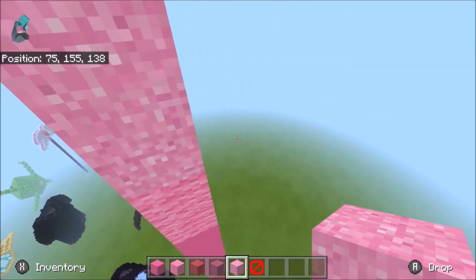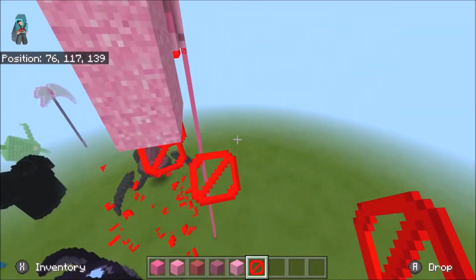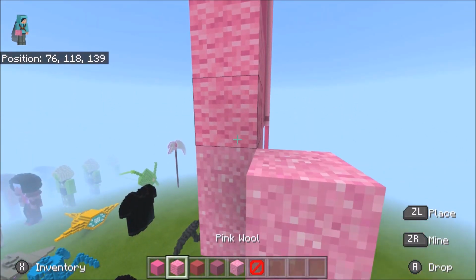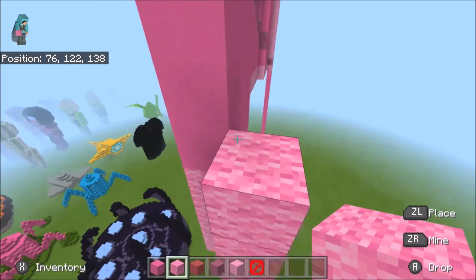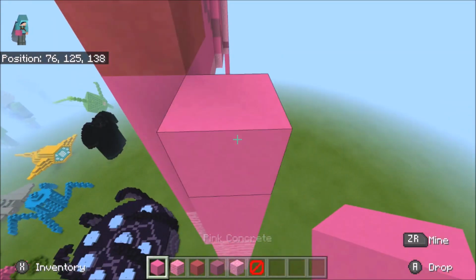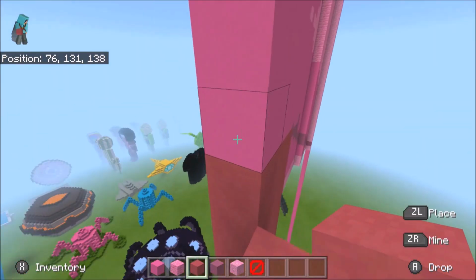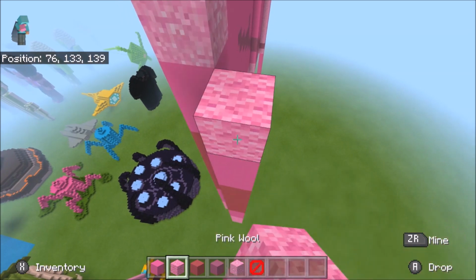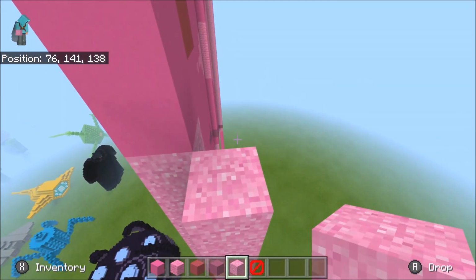Oh, actually, next layer, we're gonna bring it to the right again, so that's fun. Go ahead and take your concrete powder, do 2. Let's see, go ahead and do 3 pink wool. 1, 2, 3. 3 pink concrete. The same, or no, actually we're gonna bring the pink terracotta down 1, and then do 2 pink concrete, 1 pink wool, the same amount of powder, a pink wool,